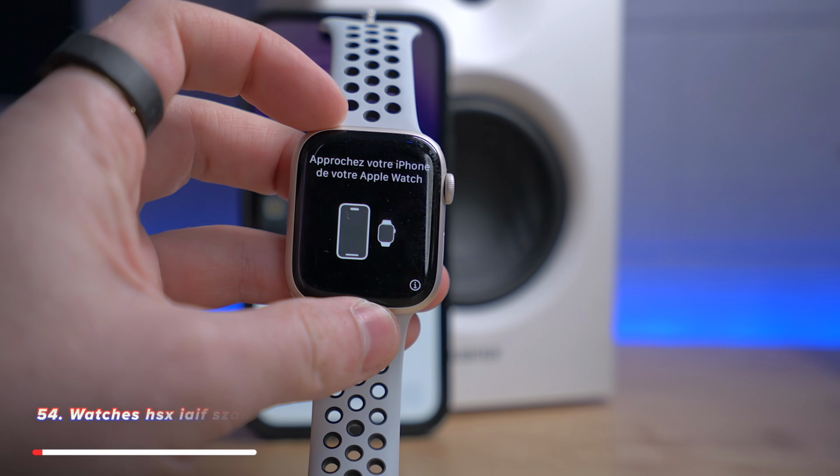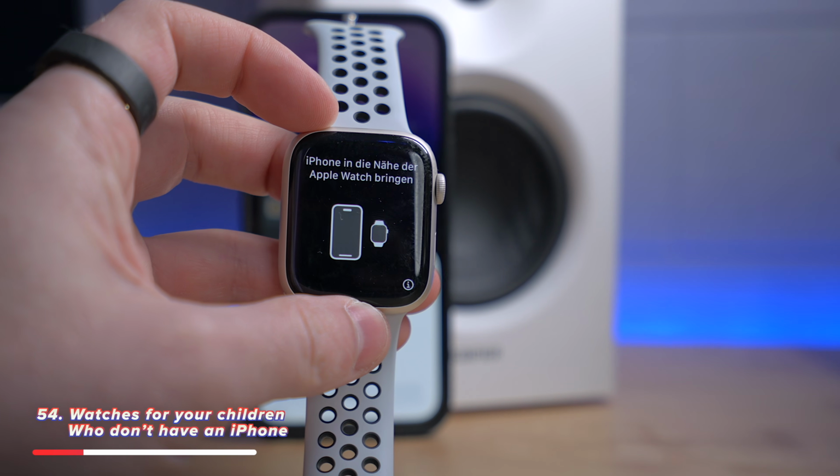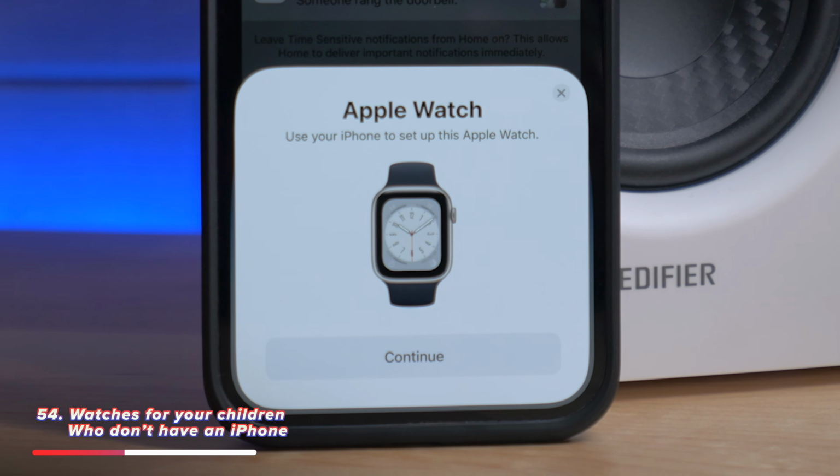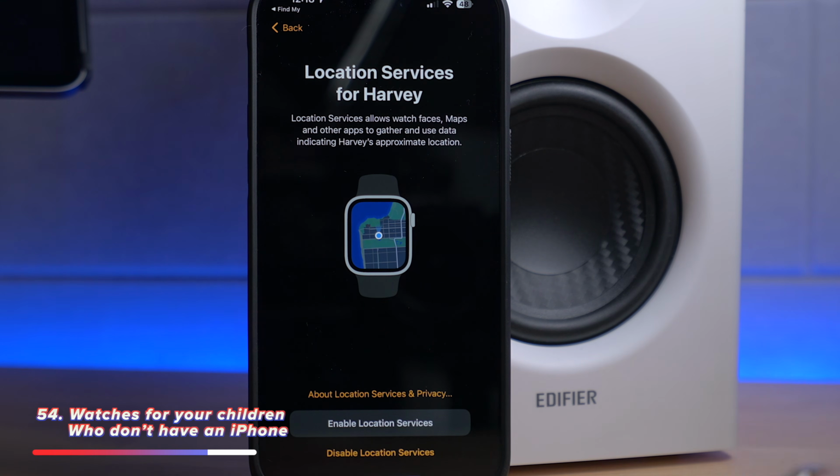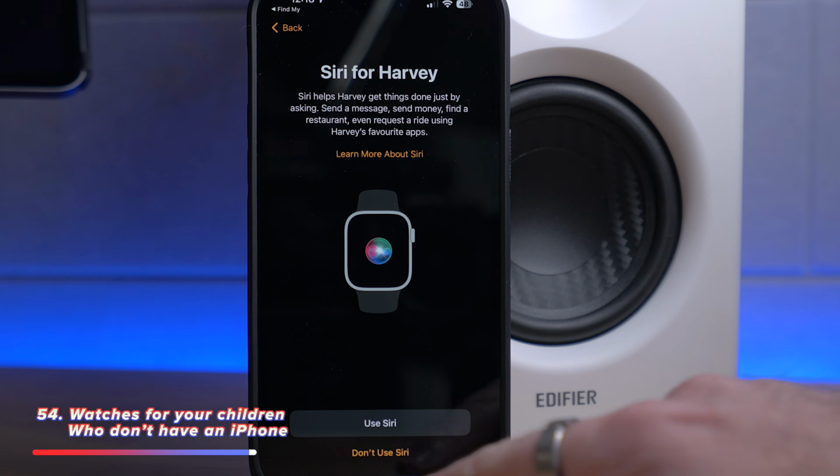You can set time limits on how much time they spend on specific apps or block apps altogether. Now for my kids, they're allowed certain apps for only an hour a day, and all the apps shut off at their bedtime. All of this is given to you in a screen time report to show you how much time they've spent overall using the iPhone or iPad each week, much like we get on our own phones. And number 54, for younger children who don't yet have an iPhone, but you do want them to have something, then they can have an Apple Watch and still make phone calls, still send messages, and share their location with you, even if they don't have a phone.